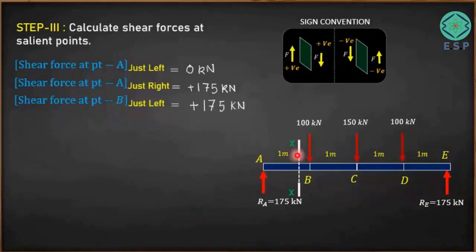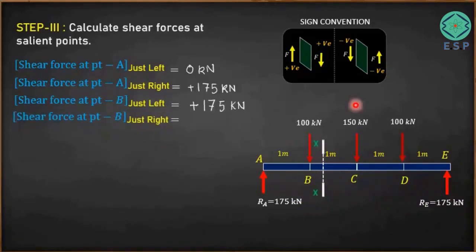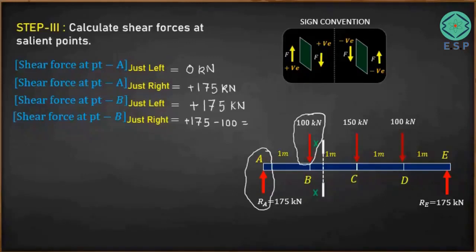Now we'll take this particular XX plane just right hand side of point B and see what the condition is now. Friends, we have one shear force acting in the upward direction and one shear force acting in the downward direction, like this. As per the sign convention, for the left hand side of the plane, upward is taken as positive and downward is taken as negative. So this is going to be positive and this is going to be negative. So I'll write down the values. This is plus 175 and then minus 100. That will turn out to be 75